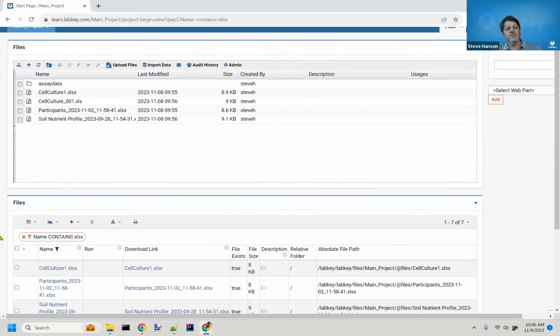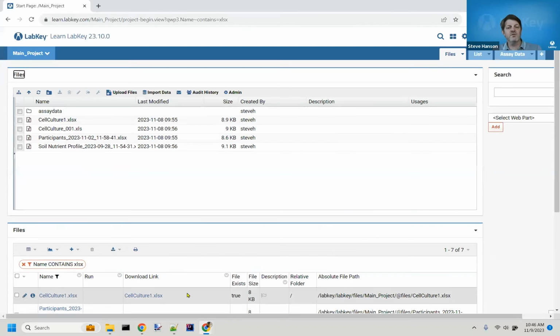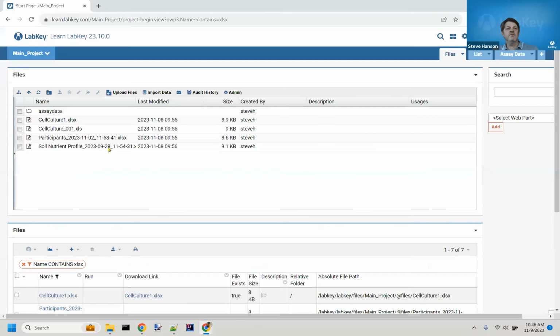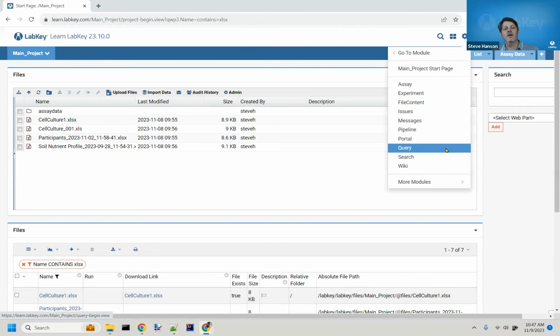You can do that too. So now I just have a table that just shows the Excel files. Things like that. That's a really great little thing. Don't neglect that. And then there's some other really nice tables that you can use, like